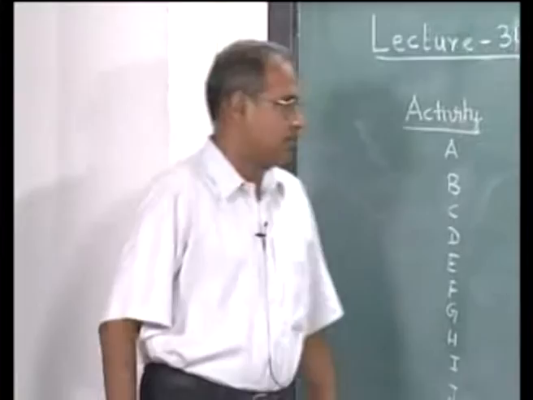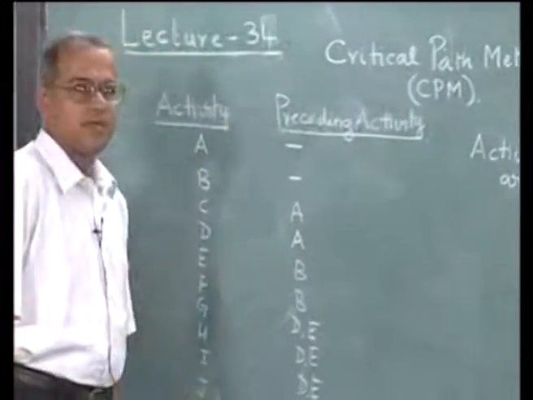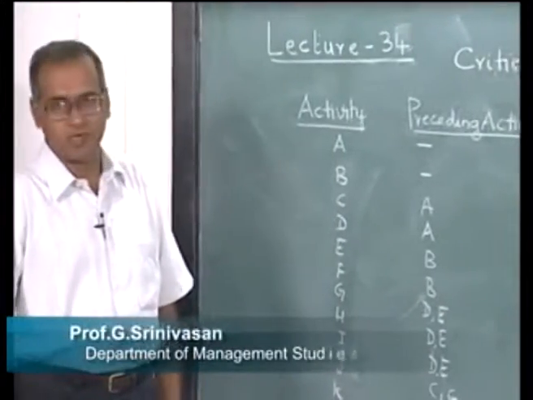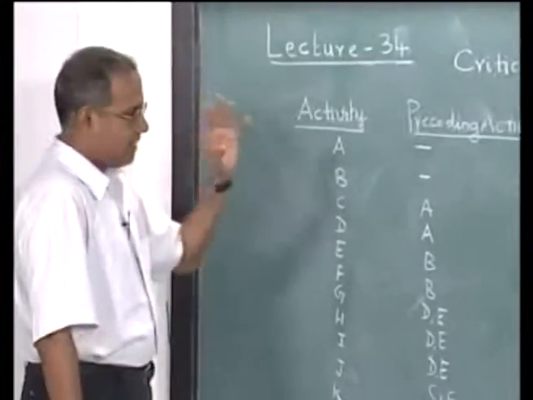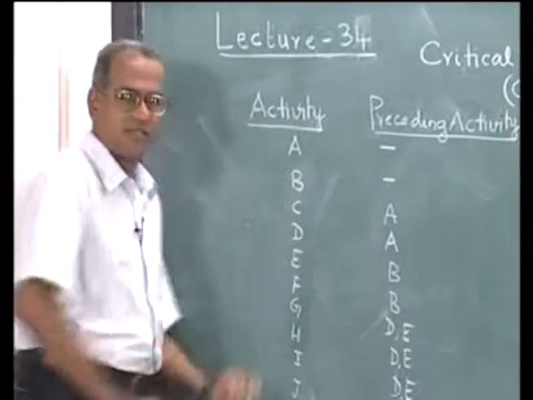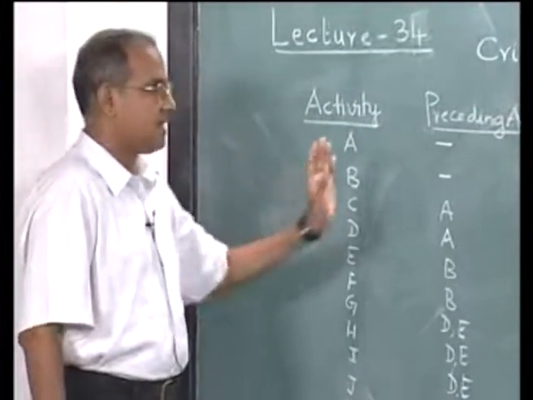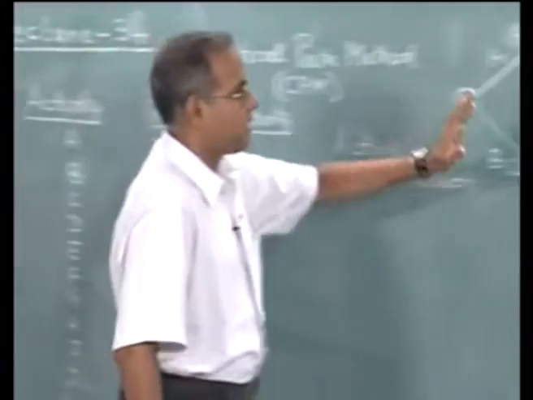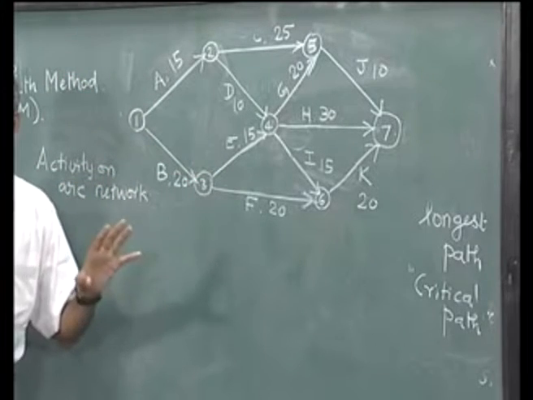In this lecture, we continue our discussion on the critical path method. In the previous lecture, we introduced the critical path problem on the network by considering this example. The project network comprises a set of activities, and there are some precedence relationships among these activities. Based on these precedence relationships, we were able to draw this network, and the procedure to draw it was explained